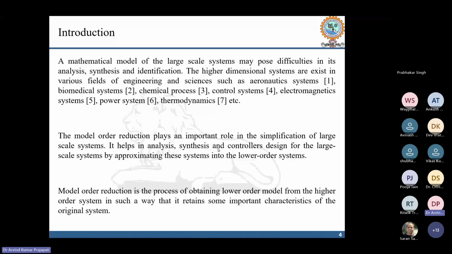If your system is very simple, then anyone can do the analysis and discuss it: this is the system, these are the components, and if there is a fault, these components are getting faulty. But if the system is very complicated, then as human beings we are unable to do the analysis of that system.